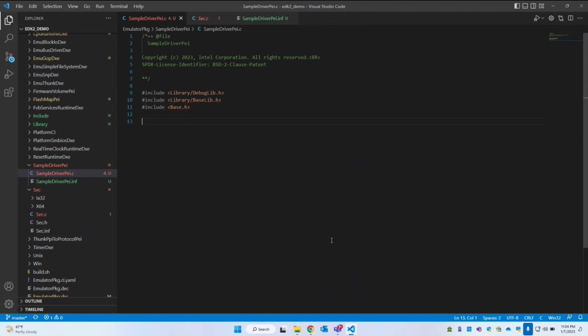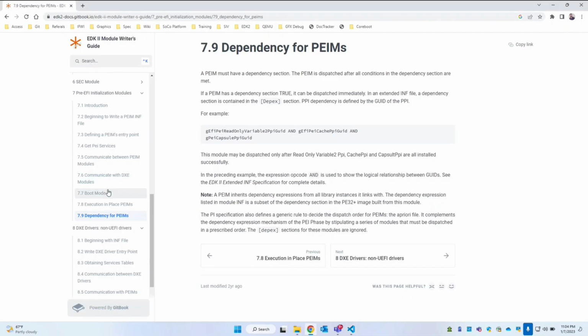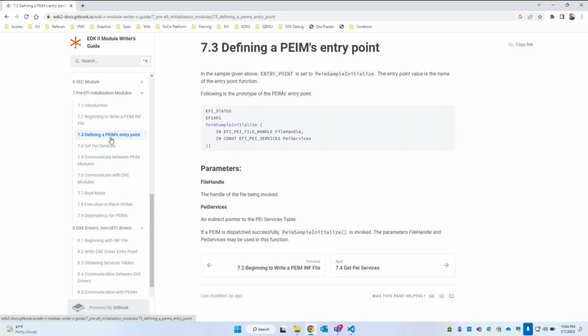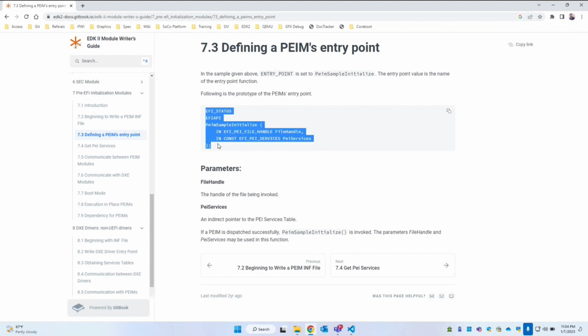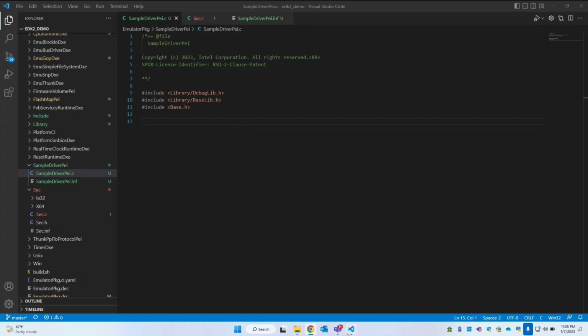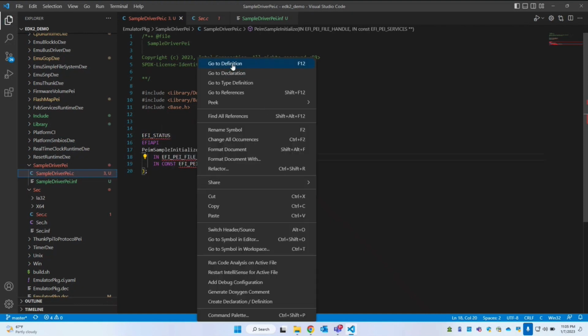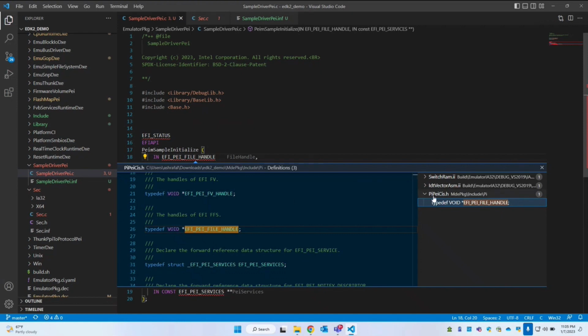Okay, so now we have to create the API. Here we have the API name, so I will copy this. Let me make some alignments. Here it should be star star. Now it does not know the definition of this EFI PEI file handle, so let's see where this is coming from. This is coming from this